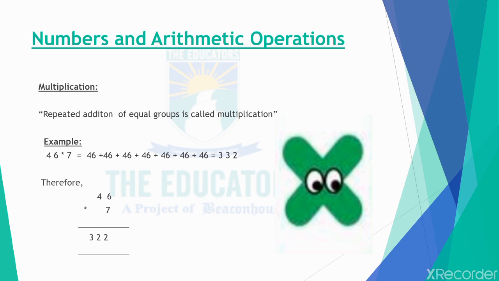It's a very long and lengthy process to do repetitive addition. That's why we use multiplication. We would write both the numbers vertically. First we would write 46, then we would put the sign of multiplication and then we would write 7 on the unit place. Now we would draw a line and start reading the table of 7 till 6. When we read the table of 7 till 6, we get 42. We would write 2 at the unit place and we would carry 4.